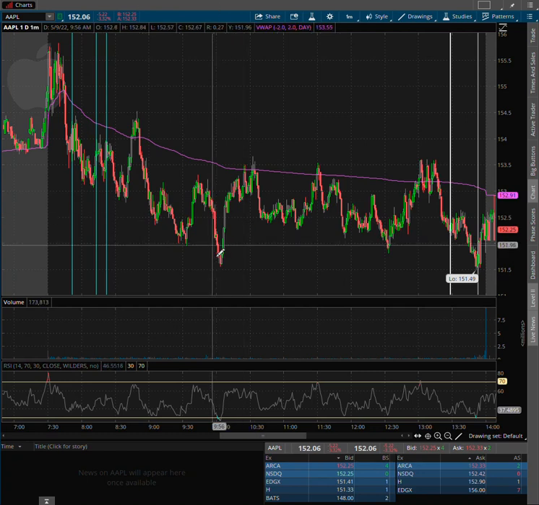This is a trade that I made on Apple. I want to document this because it illustrates three of the most important parts of day trading. Essentially, whenever there's a heavy loss, there are three basic requirements to make sure that I don't lose